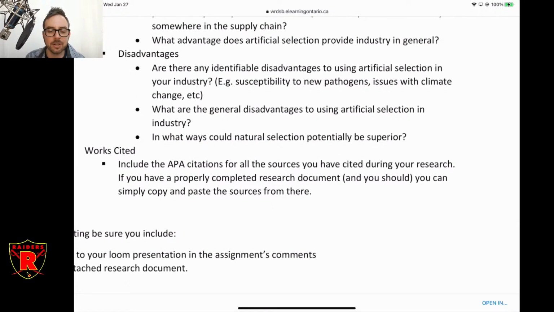And then the last part here is the disadvantages. Yes, there are disadvantages to inbreeding, to making things genetically consistent. What are they for your particular species or industry? There are usually downsides to these. Great example, if you're interested, I should probably post a link to this, maybe I'll post it in the chat right here. I was just looking at a video for a question that another student asked about the Gros Michel banana. Bananas are all the same. They're a specific variety. I'm not going to remember the name of the current variety of banana.